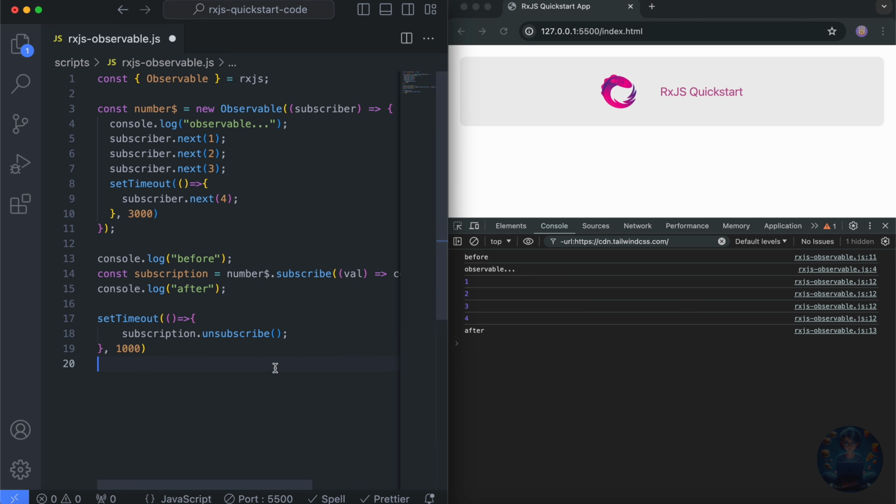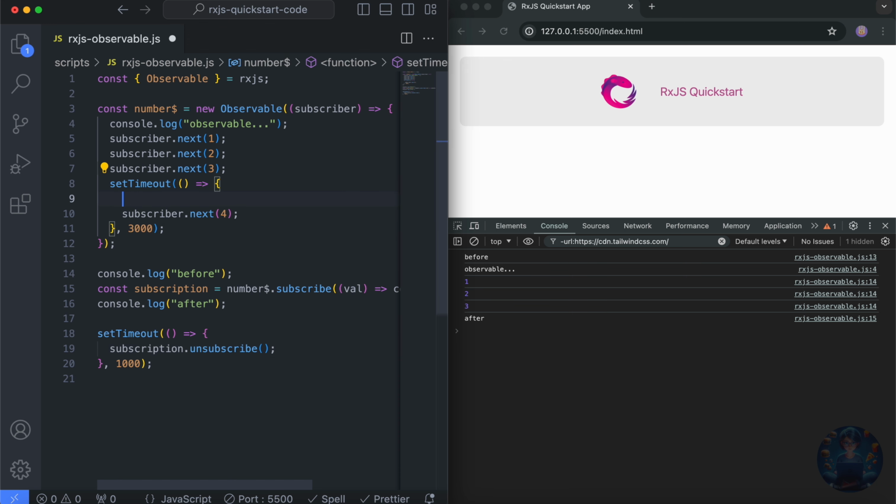We'll hit save. As you can see, we have 1, 2 and 3, right? We do not have the 4 value being shown here. If I comment this out and hit save, then after 3 seconds, we'll see the 4 being logged here. But since within this 3 seconds I have unsubscribed, I've called this method, we will not see the value 4.